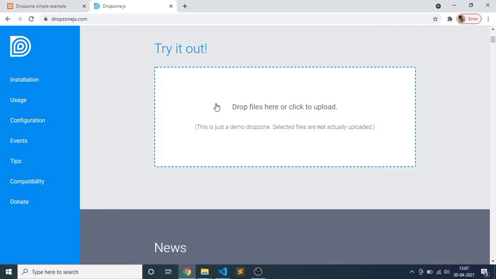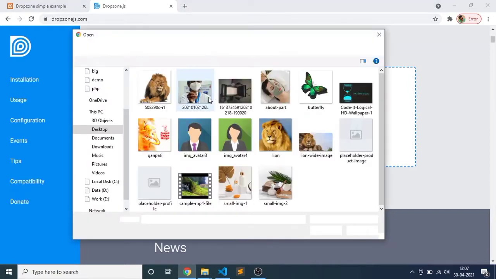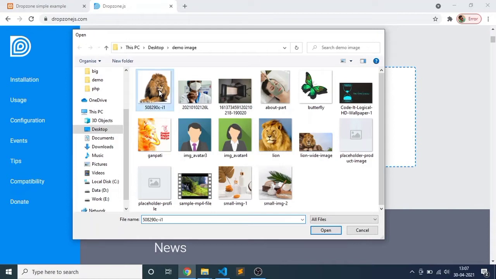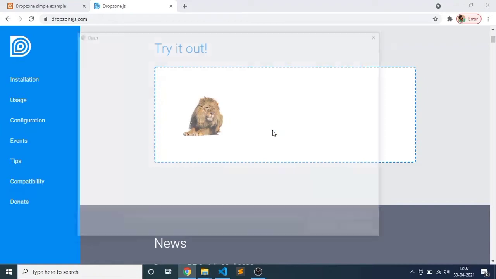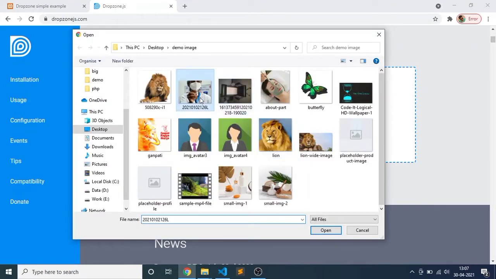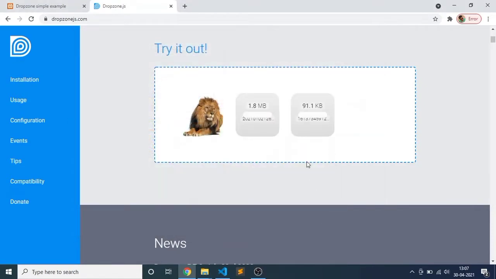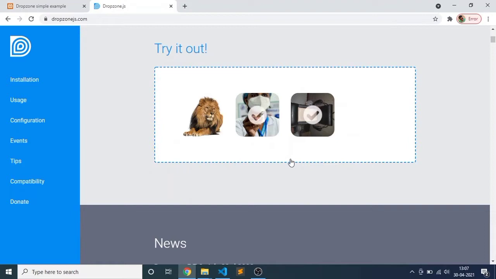So we click to upload and select one image, and you can see a preview of my selected file, its name, and the size of the image. If you click once again, you can select multiple files and upload them here.